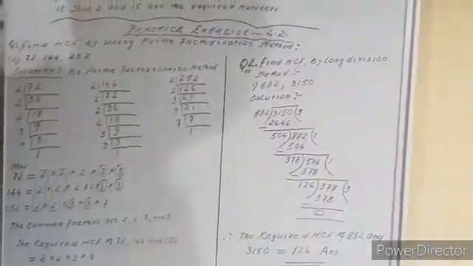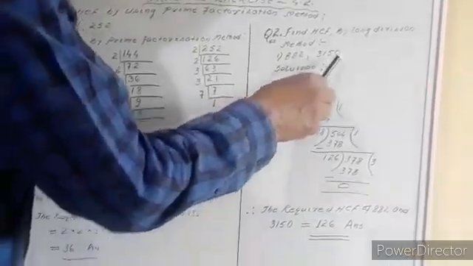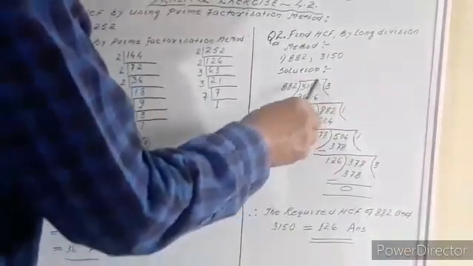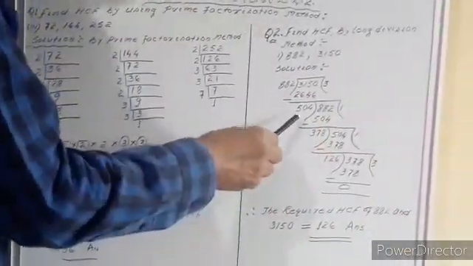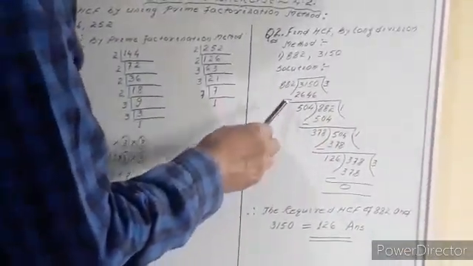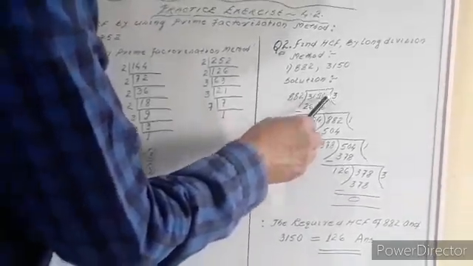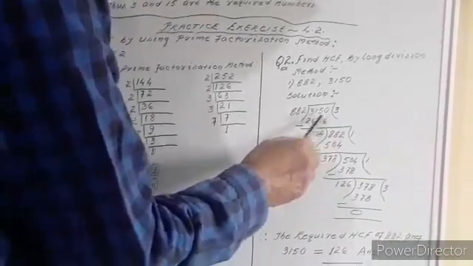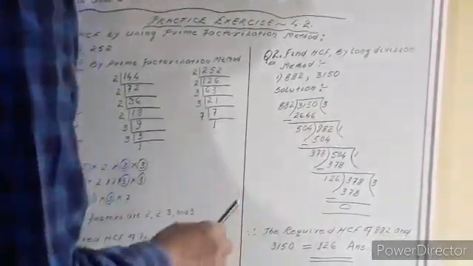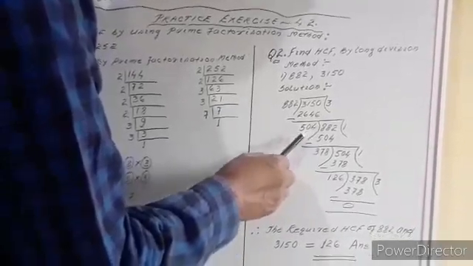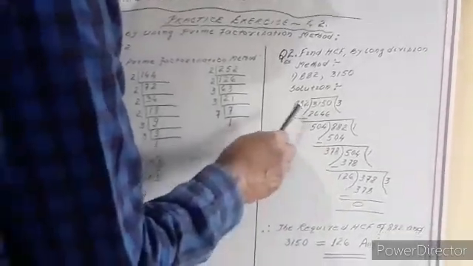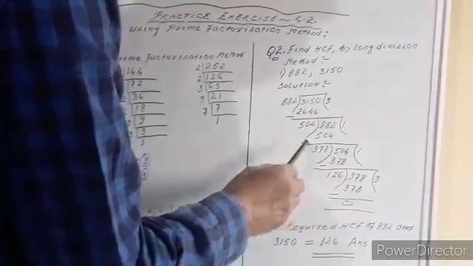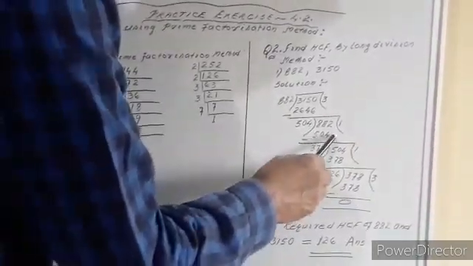Now the long division method, which I have already taught you yesterday. With the smaller number we divide the given number 3150. 882 is going to divide 3150. It goes 3 times, and you get the number 2646. After subtracting, we got 504. This 504 is going to divide your previous divisor. The divisor was 882. It goes 1 time.